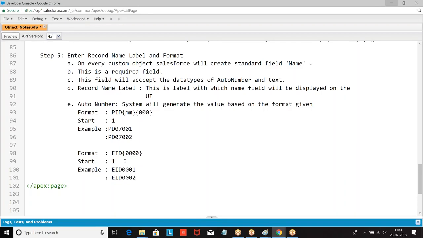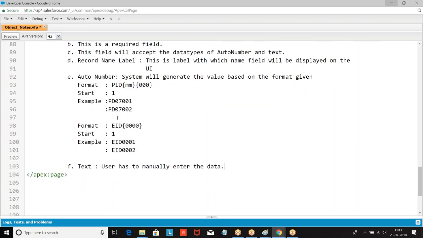So this is how we are giving. Now let us go to the next. What is the other one? User has to manually enter the data. So record name label, where we are supposed to specify what is the label name with which the name field will be displayed, what is the data type of the field, what is the format, starting number.